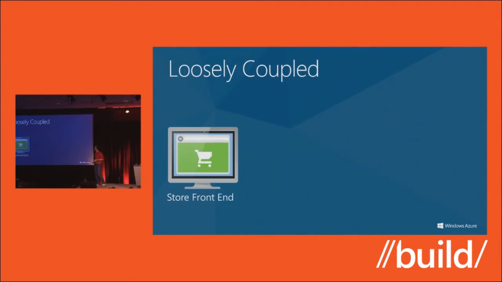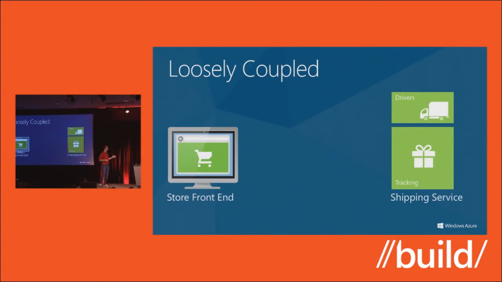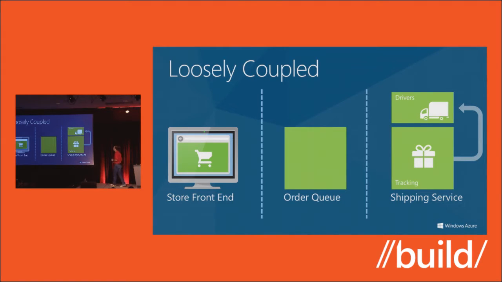In a loosely coupled model or a messaging-based model, what you can often do that adds a bunch of resiliency is introduce the concept of a queue. And so now on my front end, instead of directly talking to my back-end service, I can create a message object, stick it in a queue, and then the back-end service can dequeue it and actually do something with it. And the benefit there is if I've got a failure in the back end, I can still be pumping messages into my queue. And then once that back end comes online, I can pull those messages off and do stuff with them. So it's a standard message-based approach.